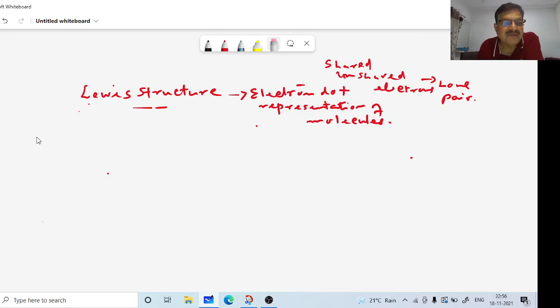Step 1 is to arrange the atoms next to each other that you think are bonded together. What does it mean? Suppose you have a molecule methane, with formula CH4. You know that the 4 hydrogen atoms are around 1 carbon atom, so you arrange it like that. Always place the hydrogen and the halogen atoms on the periphery.